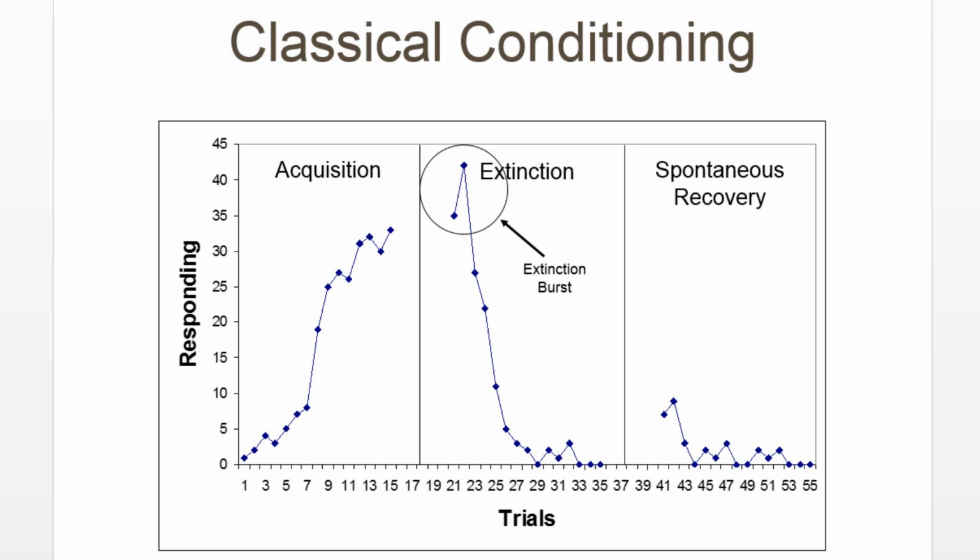Extinction is, as we've mentioned before, the process of breaking the link between the CS and the US. So after the metronome is paired with the food repeatedly and the dog salivates to the sound of the metronome, you then only present the metronome itself without presenting the food. That will cause the metronome to subsequently lose control over time until eventually the metronome does not cause salivation at all.